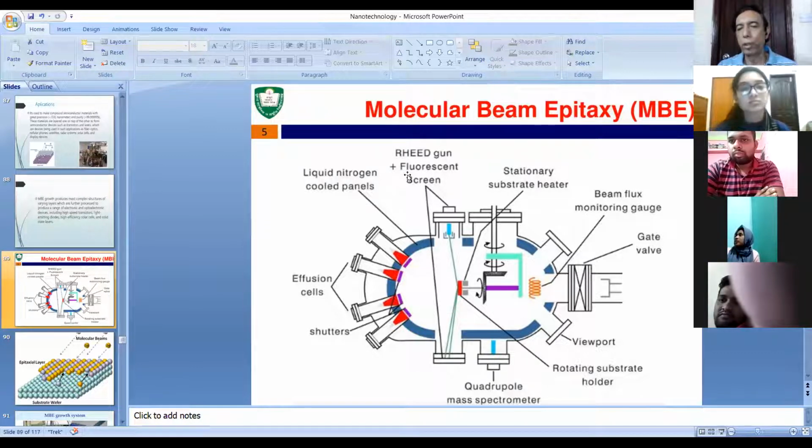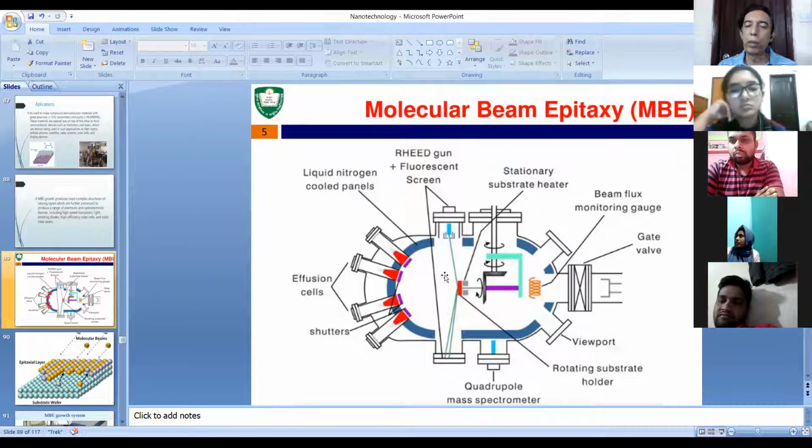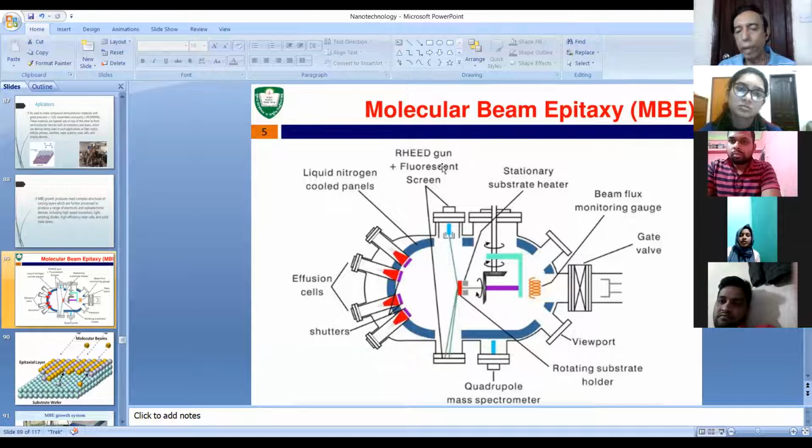This is an instrument which can monitor the deposition of the vapor you have collimated from this beam. This RHEED gun and the fluorescent screen, this RHEED instrument can monitor